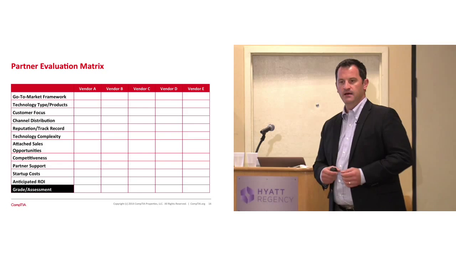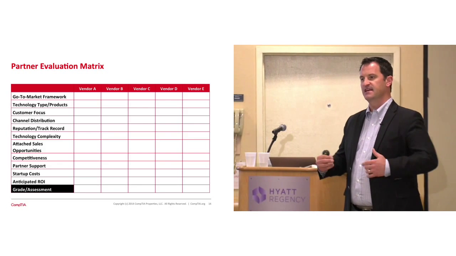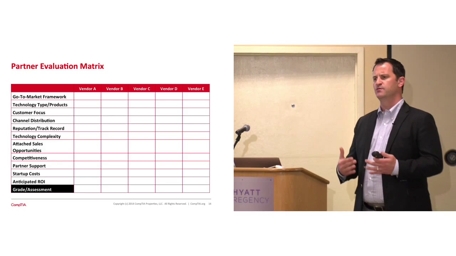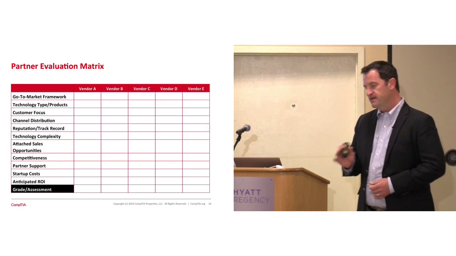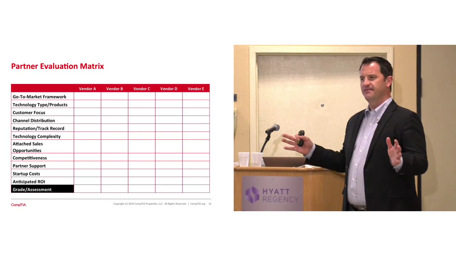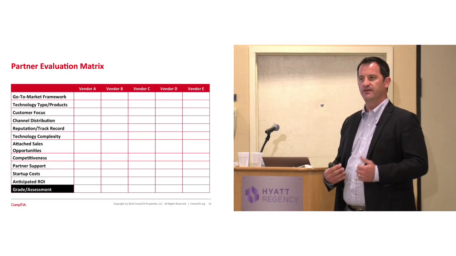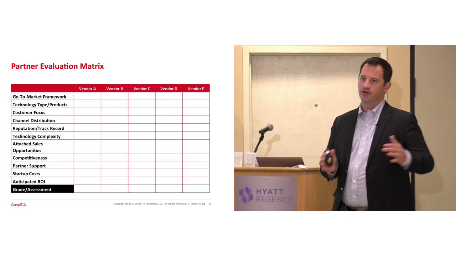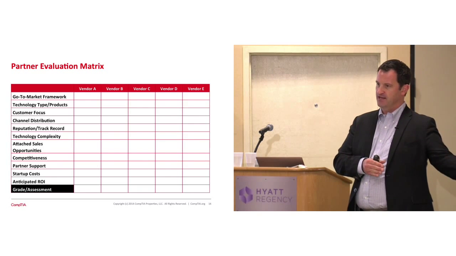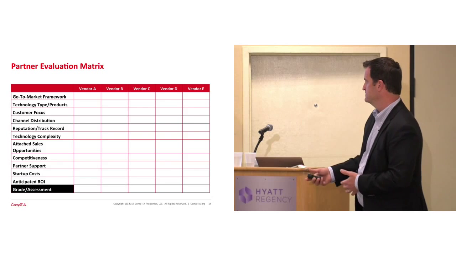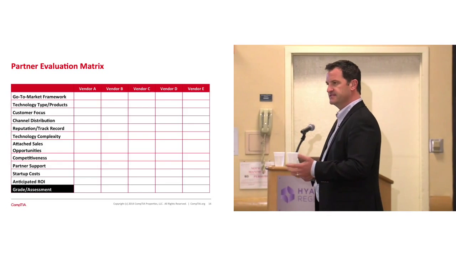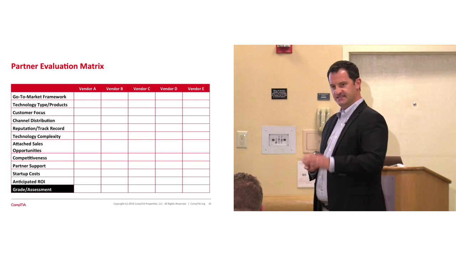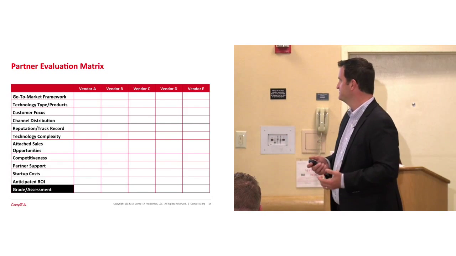What are the technology type and products? This is a key thing. This is where the engineers in your business get to have a vote. They come in and say, okay, I'm going to do a technical analysis. Which one is best for you? As a business owner, that's only one tenth approximately of the reason you go with a vendor. Instead of 100% of the time, you're putting an equal weight, even a greater weight on the business aspects of representing a vendor versus the technical aspects. But technology is important. At the end of the day, it's got to work. And don't worry about which one works best, because if you can't sell it, it doesn't really matter, does it?